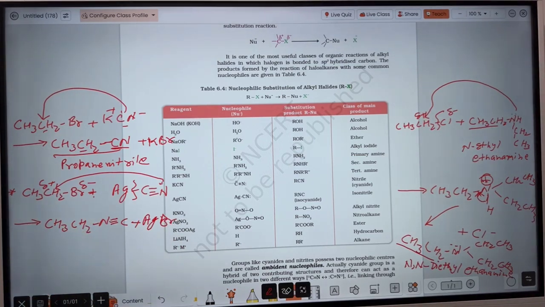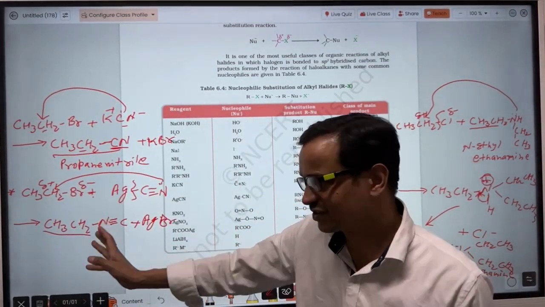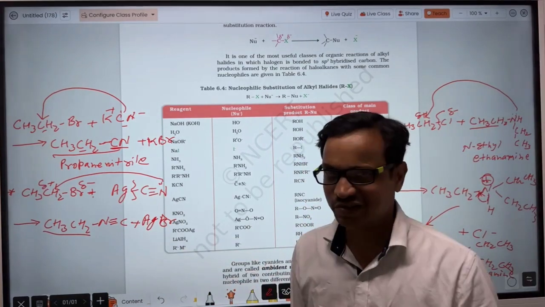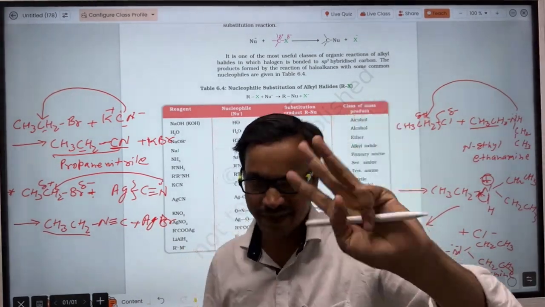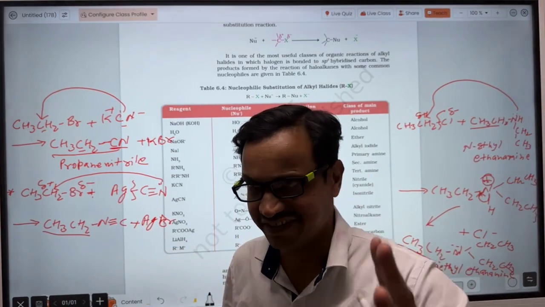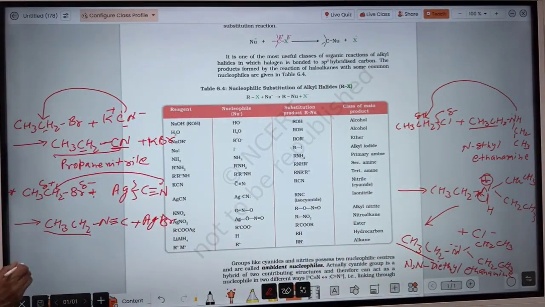What's the IUPAC name of this compound? Here the carbon is not bonded to this carbon. The carbon of the functional group cyanide is not bonded to the carbon, so you cannot say 3 carbon atoms. The 3 carbon atoms are not together; that is not in the chain. So that's why it is called isocyanide. So its IUPAC name will be